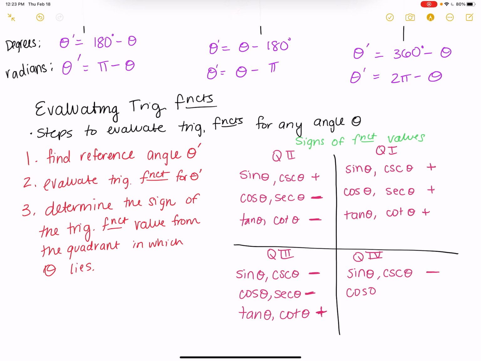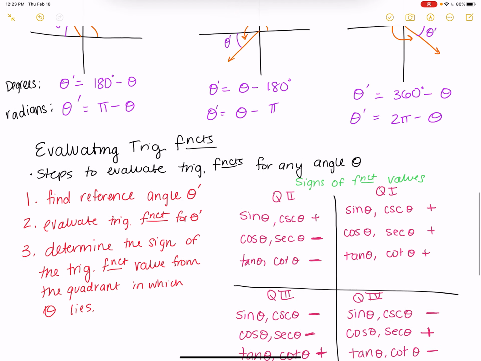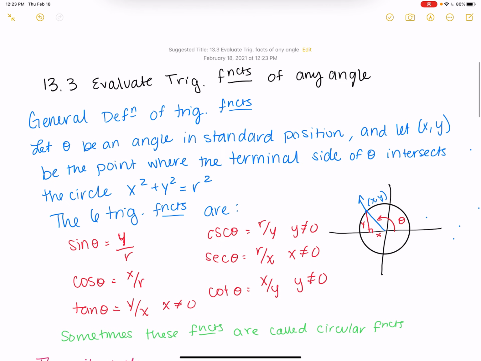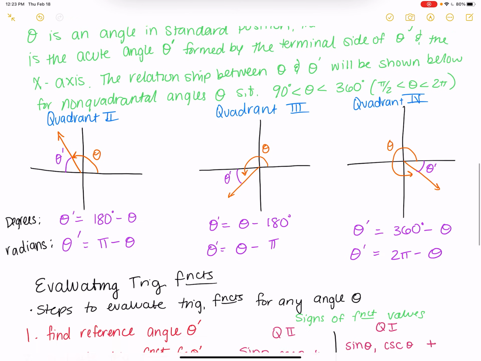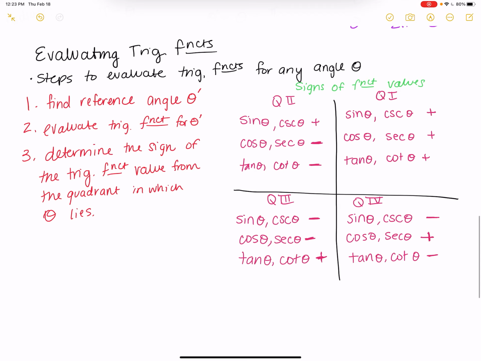In quadrant 4, sine of theta and cosecant of theta are negative. Cosine of theta and secant of theta are positive. And then tangent of theta and cotangent of theta are negative. Okay, so this just has to deal with the signs of x and y and how we get those. That is all for the notes for this. So I'll scroll back down so that way you guys can see that. But that's all for this section of